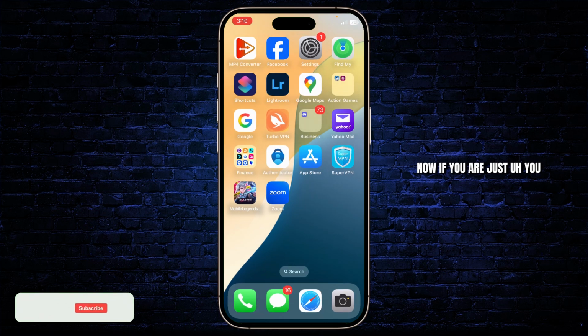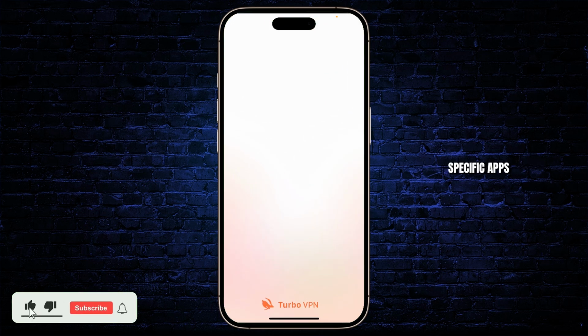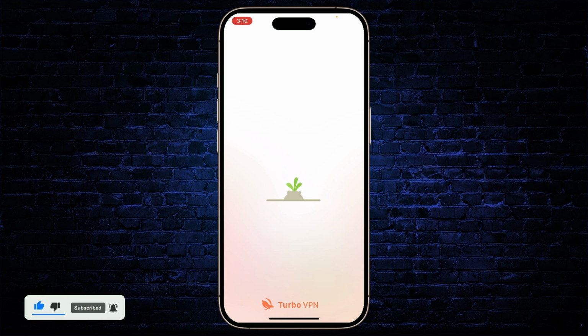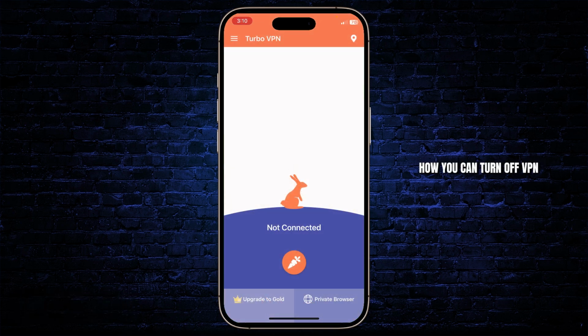Now, if you're just using VPN from any specific apps, you can head over to that app and then turn it off directly from there. And yeah, that's basically how you can turn off